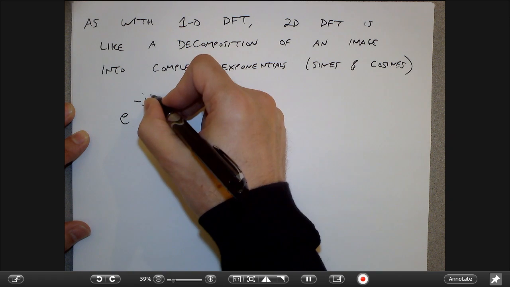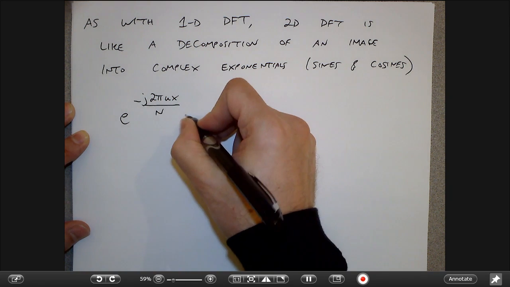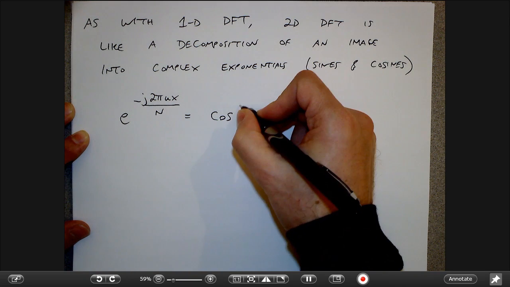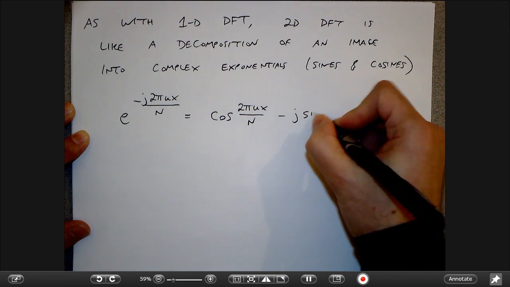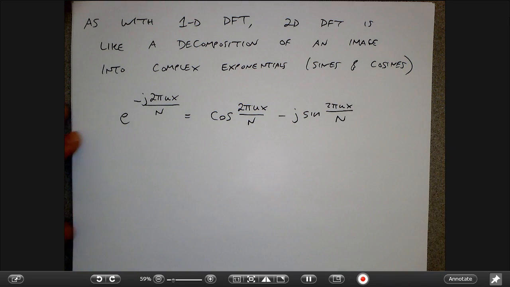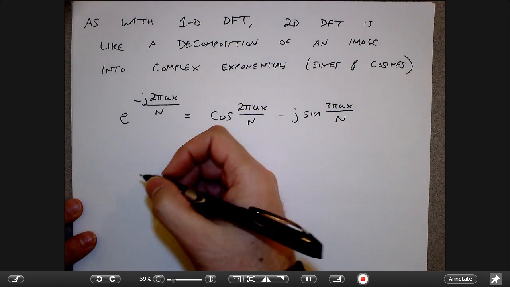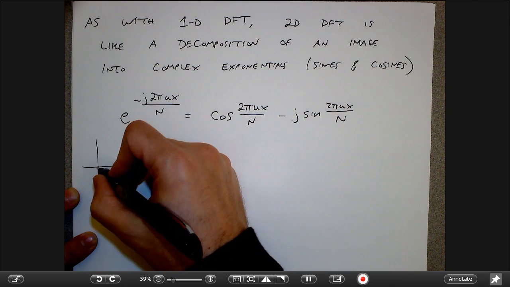Right? Because this critical guy, e to the j 2 pi ux over n, for example. We know from Euler's formula this is the same as cosine of this minus sine of this. So cosines and sines, if I were to expand all that stuff out into the real part and the imaginary part, would figure prominently in these equations, right? And so kind of what it means, just to be really sketchy, is that